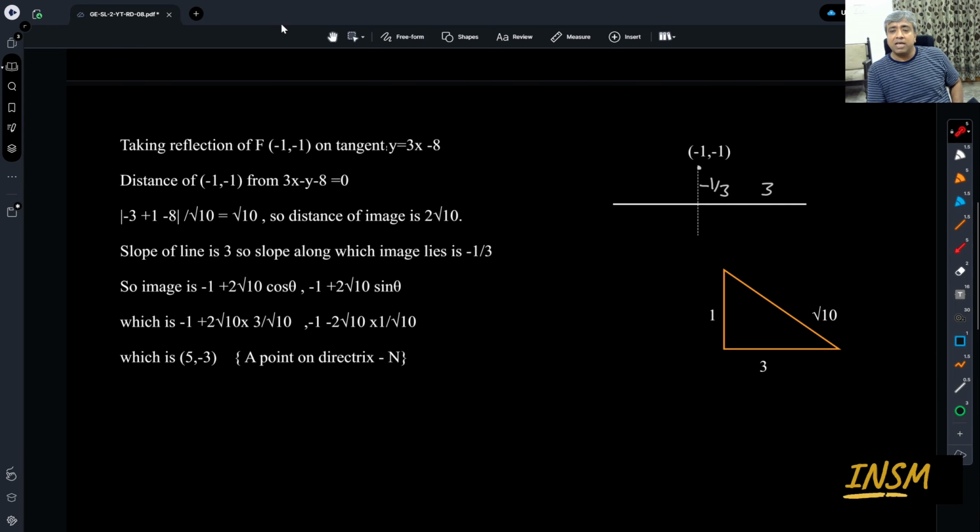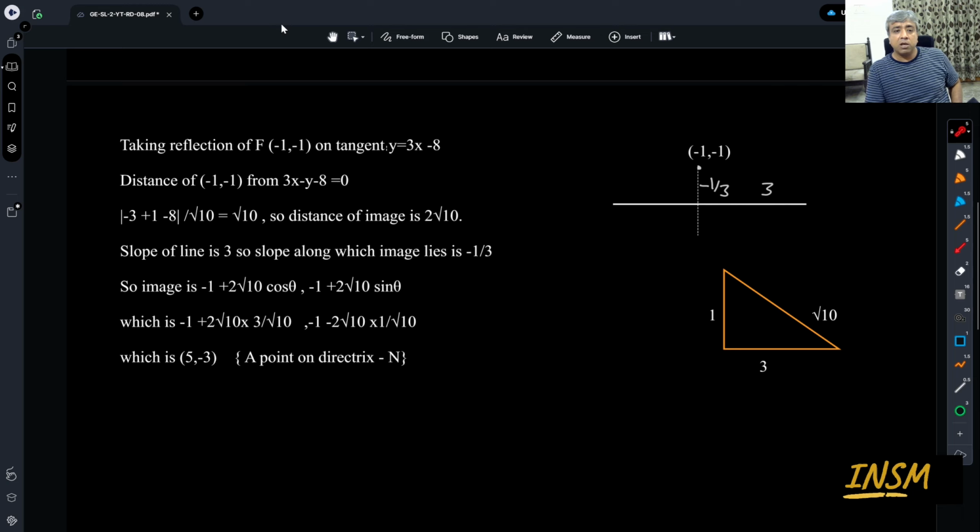So we saw that since tan theta was coming minus 1 by 3, sin theta would be 1 by root 10, cos theta would be 3 by root 10. Now, which among them would be negative? Okay, this is very important to find out. Now, we are moving from this point minus 1 comma minus 1 towards the fourth quadrant. This line will come below. In the real coordinate plane, it will be below this point. So we will be moving towards the fourth quadrant. So cos theta we will take as positive and sin theta as negative, and we'll find the coordinates of the